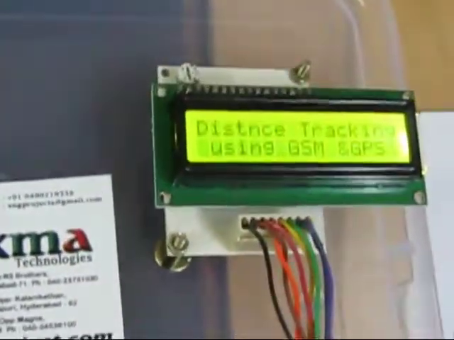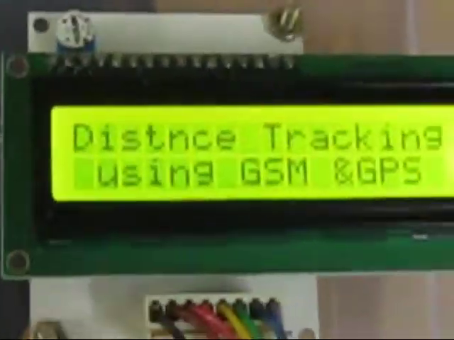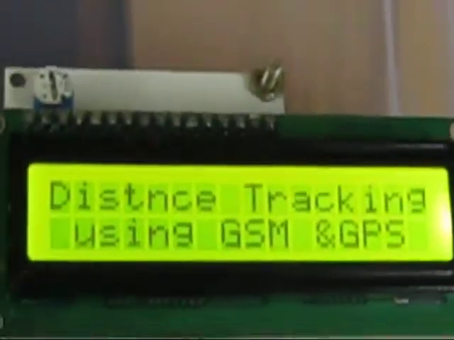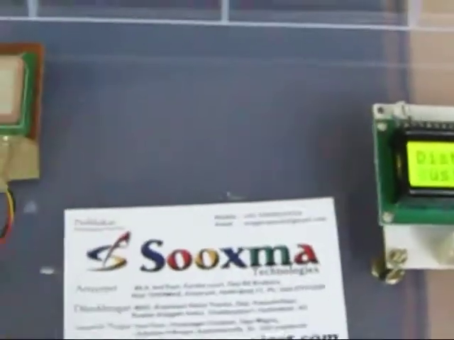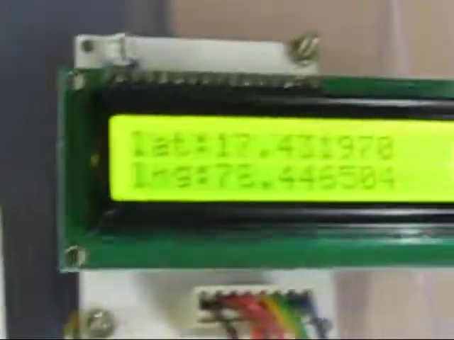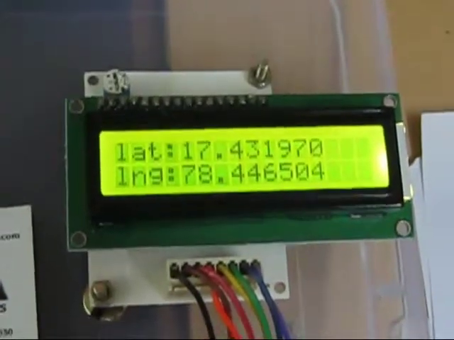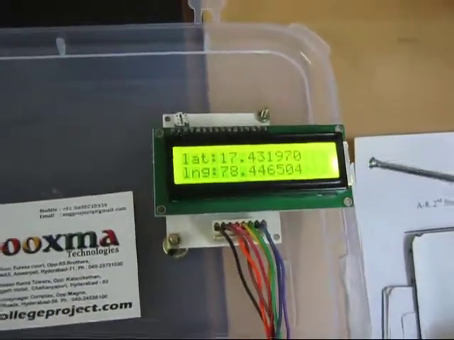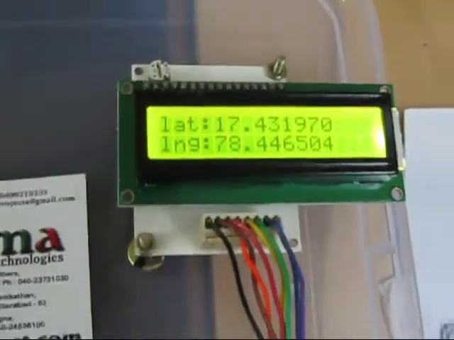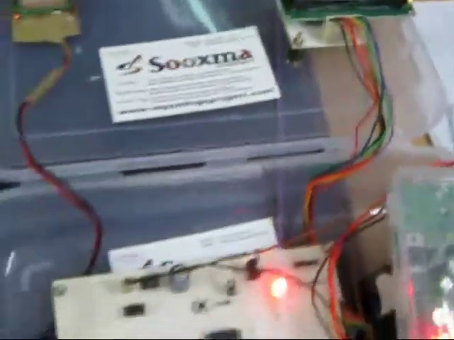So once when you on your particular kit, initially you get the welcome message. After that, from your GPS, even at the GPS side also we have one LED indicator. So initially the blinking rate will be more, but once it has received the satellite signal, the blinking will be continued. So coming to the satellite, once received the signal, the latitude longitude values will be displayed over here.